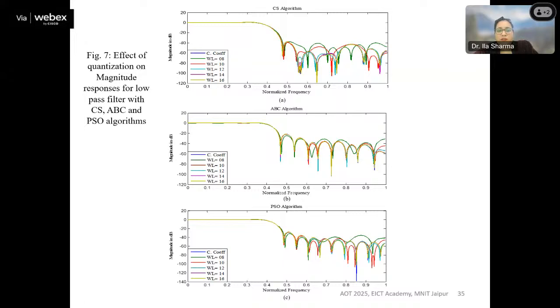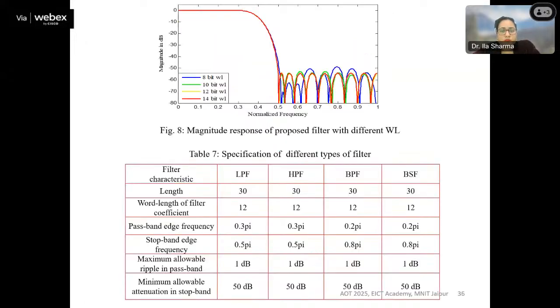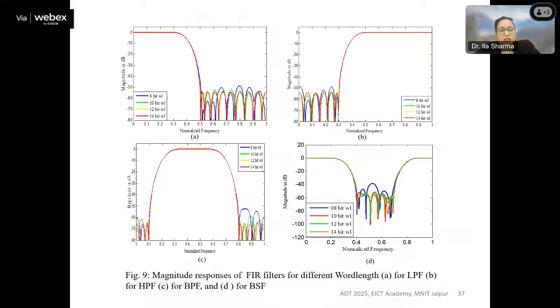So what is the effect of doing that? If you have a word length of 16, you need a 16-bit register to store that value in your hardware memory. So you have to choose which word length to use, which means how you are going to limit your continuous coefficients, because ultimately you have to realize that in hardware, no? So this is the effect of different word lengths on the designed filter. I have also referred to this in my reference section.